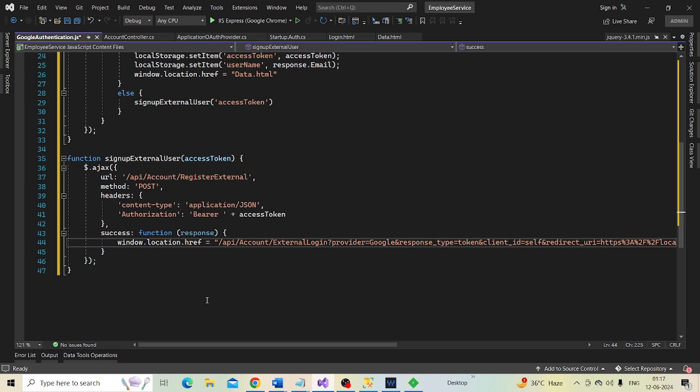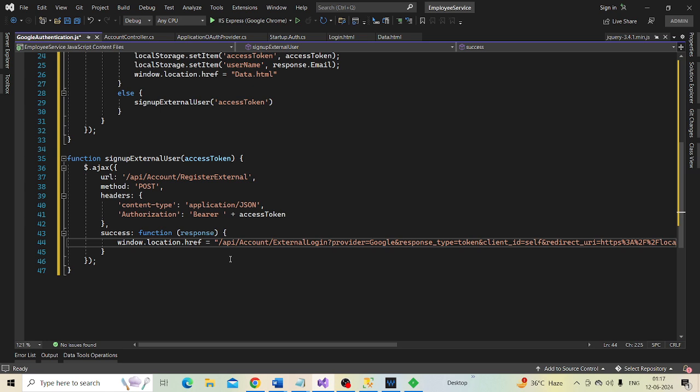So what is this sign up external user function doing? This registers the user with our application and then redirects him to Google sign-in page. We also need to make a change in the register external function.